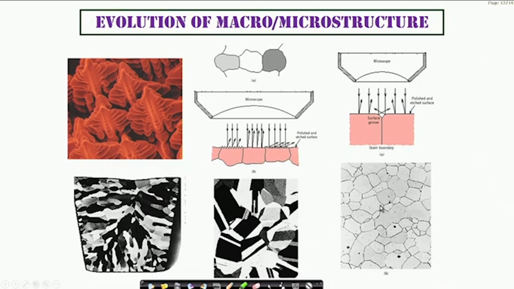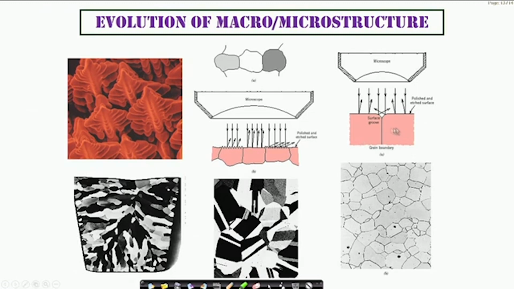The boundary is of course a very thin line. So when we develop such a microstructure through a very well established practice called metallurgical practice, by which you can reveal the grains and the boundaries and various orientations, shapes and sizes,